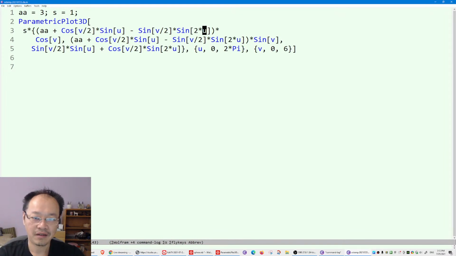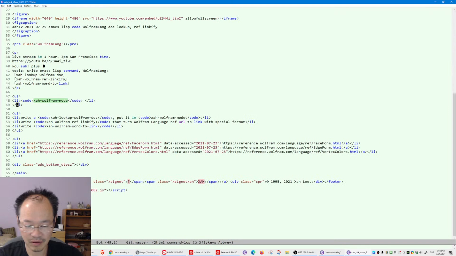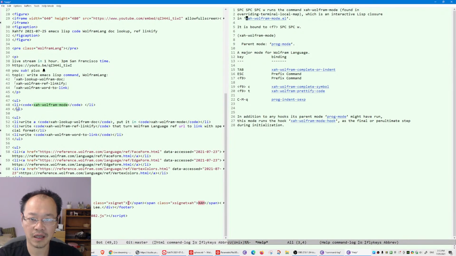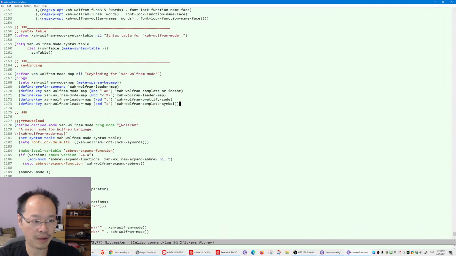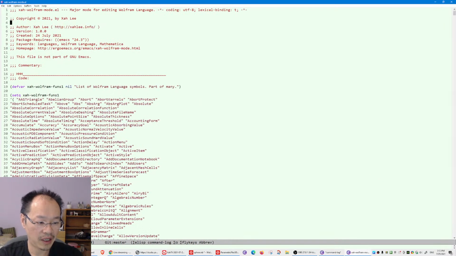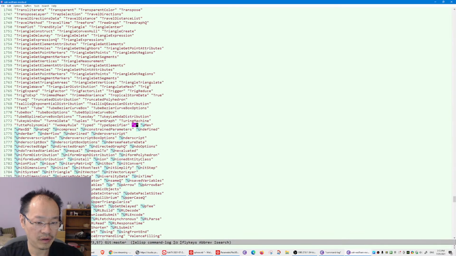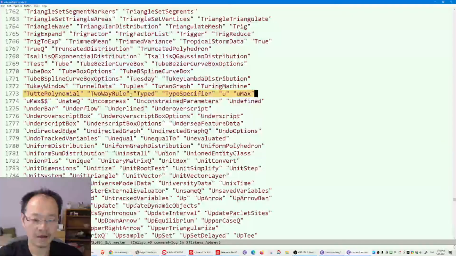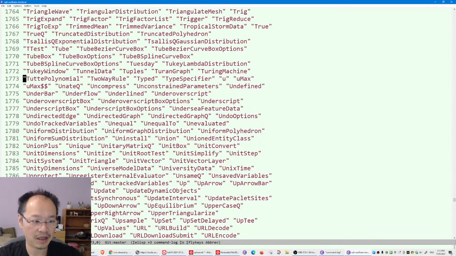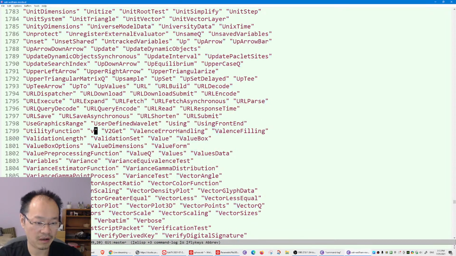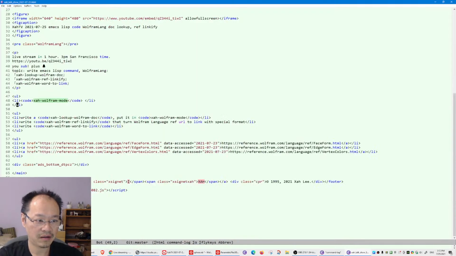Okay, I know why, because yesterday, now let's go back to the Wolfram language mod again. Go to the source code, because yesterday we used the symbol U and V. So let's search for U. Yeah, so you see that, you see there. You know, this is a mistake. We listed all the symbols, but U and V is actually we used it, so we want to delete that. Okay, so U and V deleted. Evaluate the buffer, close it,